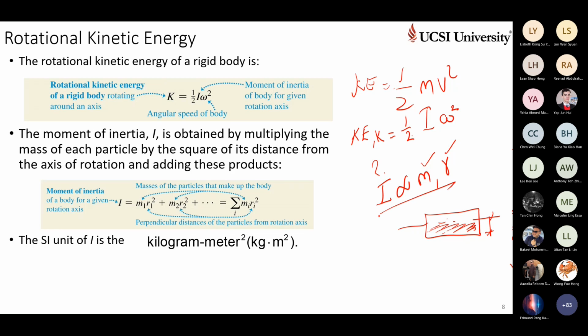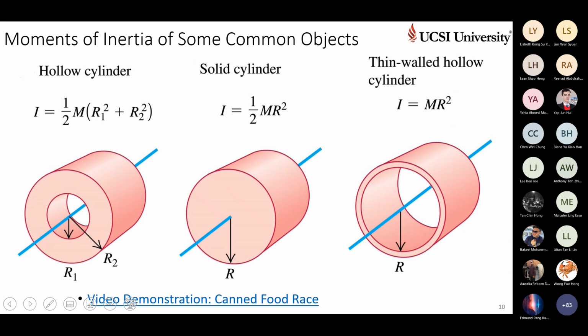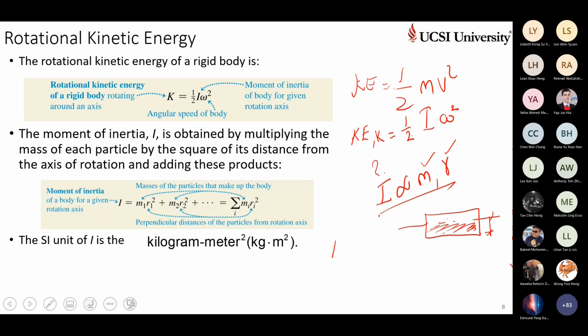Mathematically, we can coin the equation as sigma. Maybe I have the equation here. Okay, this one, sigma. It is the summation of all the masses times the square of the distance between the particle and the center or centroidal distance, or the axis about which it is rotating. Clear?